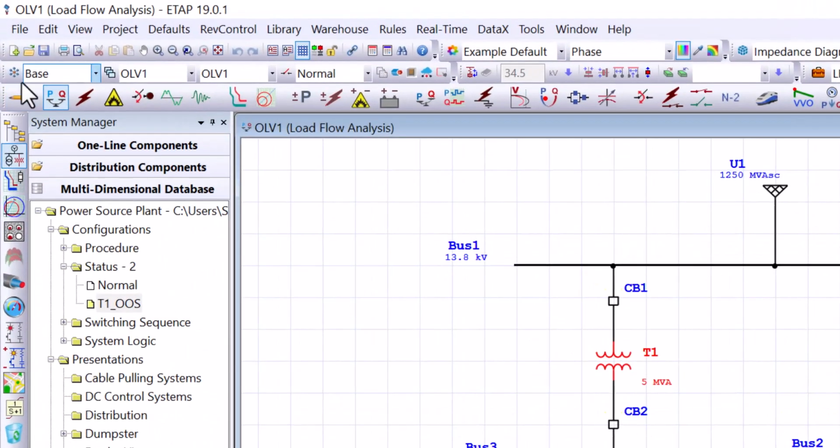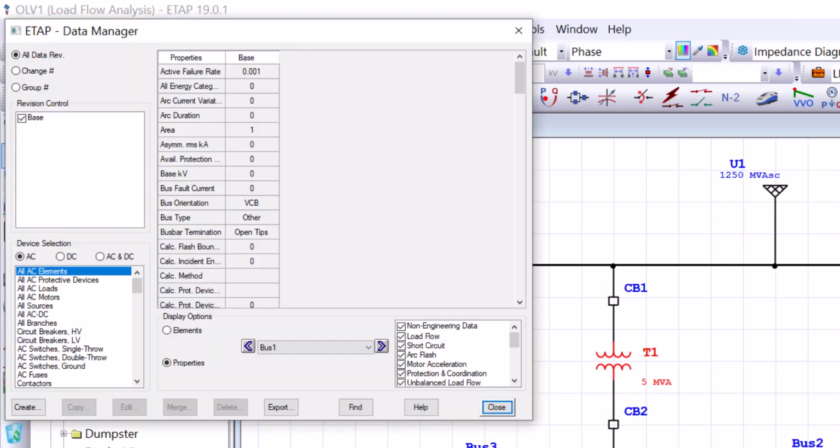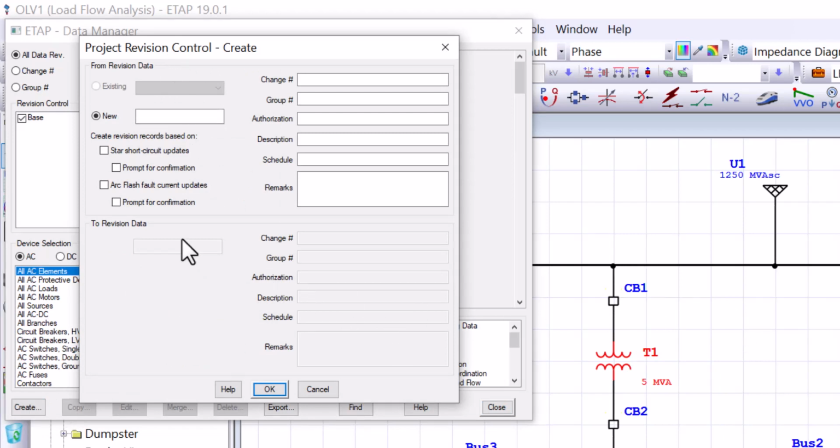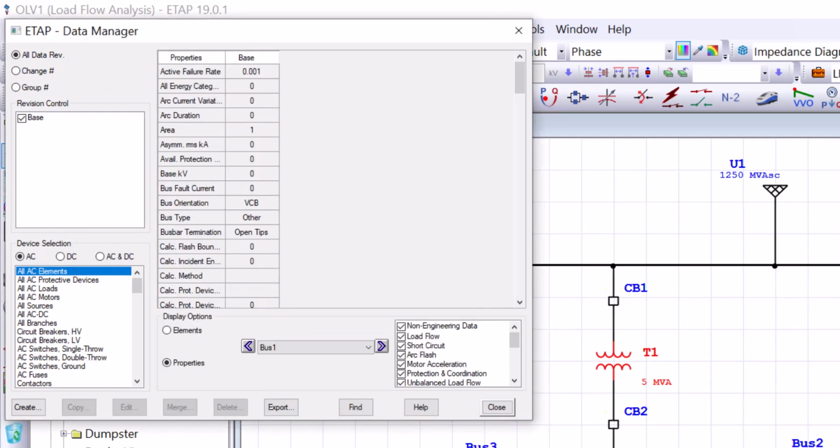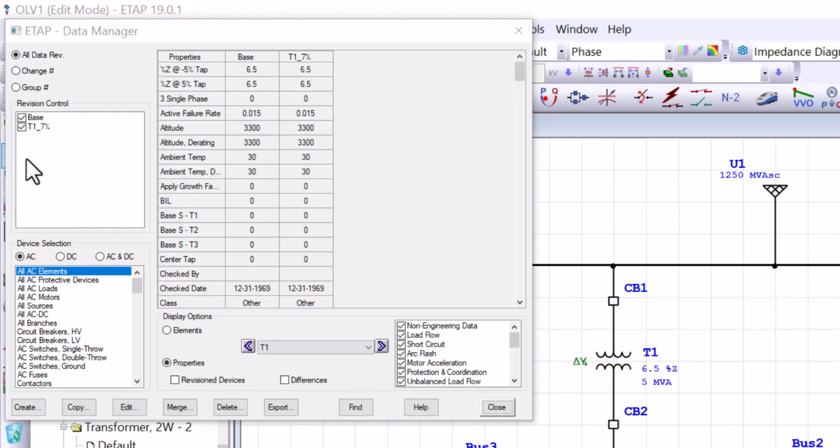And to do so, we are going to work with the three-dimensional database toolbar. Specifically, we are going to launch the data manager. We can do so by creating a new revision. Click on create. Since this is the base revision, if you have other revisions, we can copy from other revisions, but for now we don't. So let's call that T1 at 7%. Now you can see we created a new revision. The new revision here is called T1 at 7%. Okay, and right away we can see there is no difference between the impedances related to the transformer T1